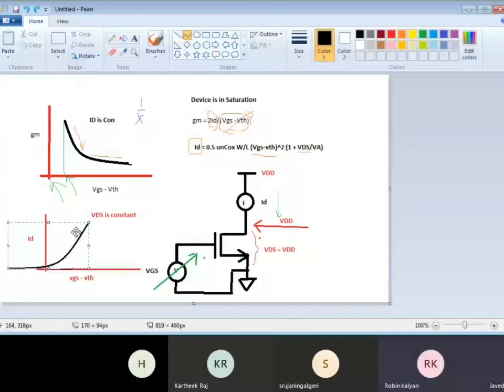Okay, so let's, fine, we can work with this graph also, no problem. So this is how the current equation will behave. Now, keeping ID constant means at one particular point, so you have to make the system work at one particular point. So at this ID equal to constant point, VGS also is going to be a constant at that particular point.